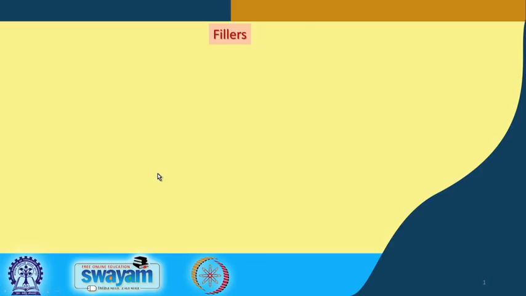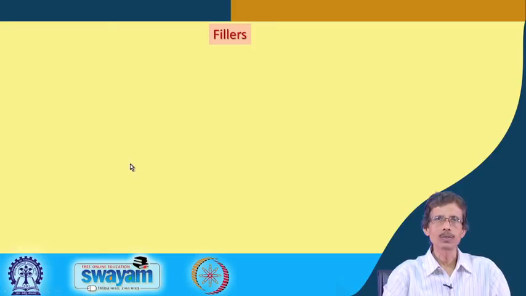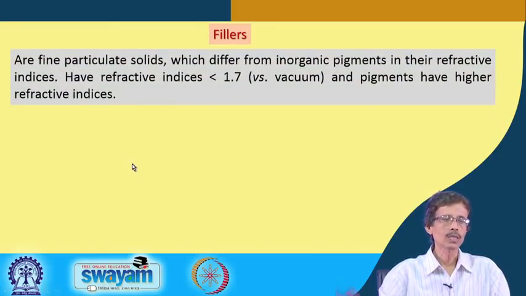Hello, good evening everybody. So, we are talking about some inorganic materials which will be useful for different areas. One such example is inorganic fillers, which we produce in large amounts for different purposes, and as the name tells you, it is something which we want to fill. What are those? These are nothing but very fine particles, particulate solids, which differ from inorganic pigments,